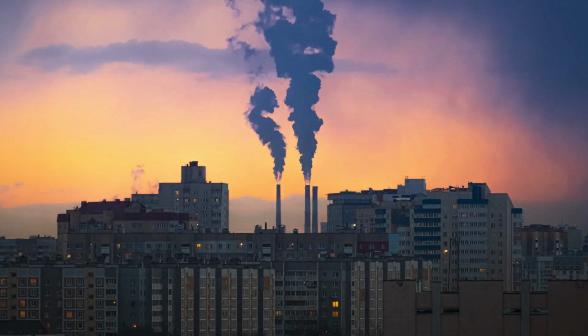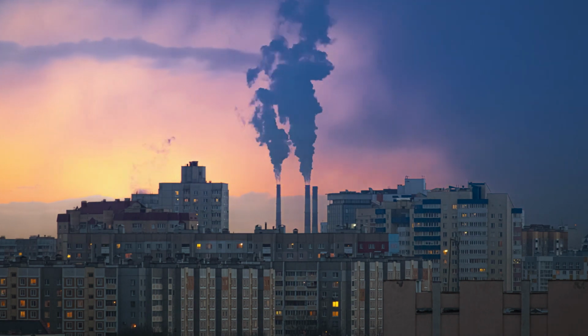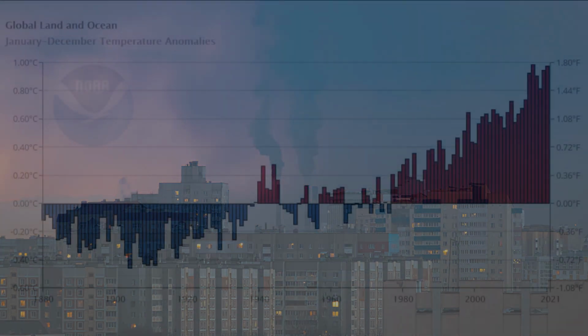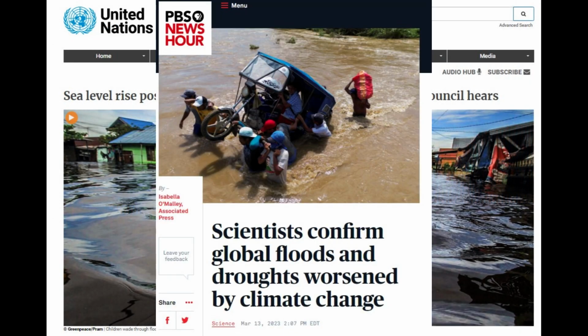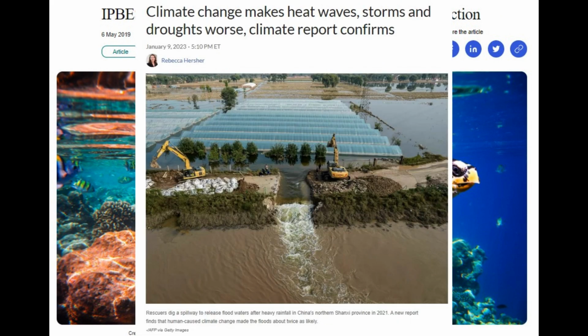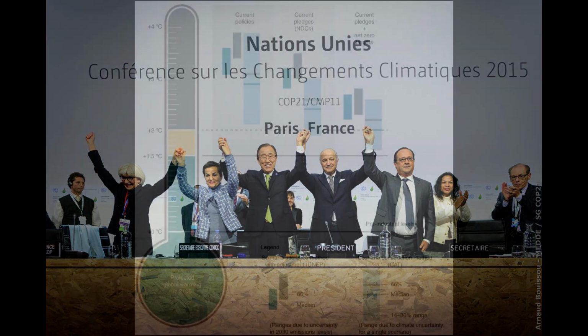The Earth's temperature has risen about 1 degree Celsius since humans started emitting planet-warming greenhouse gases to the atmosphere 150 years ago. However, most of this temperature change has occurred over the past few decades. In those last few decades, we've already been seeing the slew of negative consequences of those emissions on our global climate. The International Paris Agreement, enacted in 2016, has been the most significant global effort against climate change, where almost